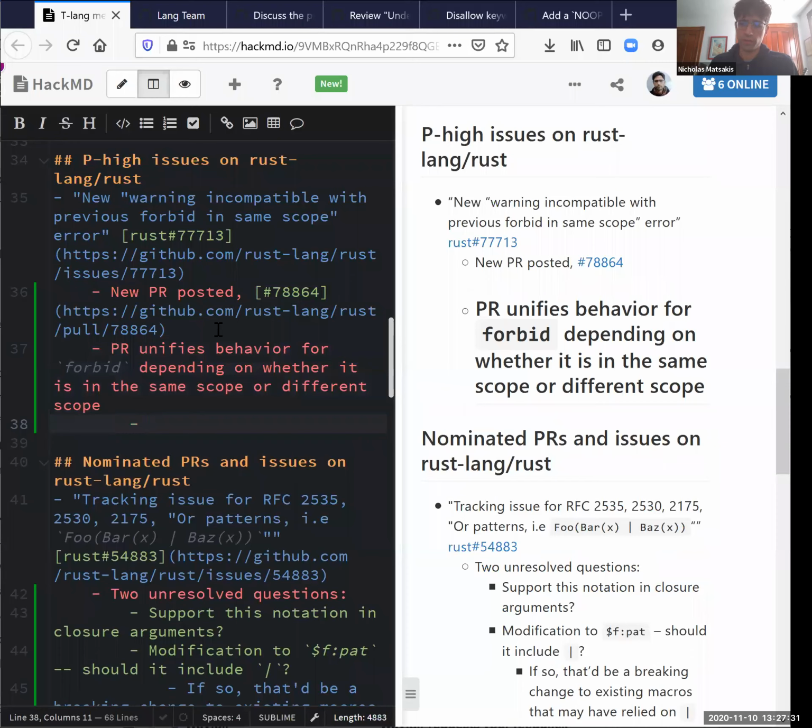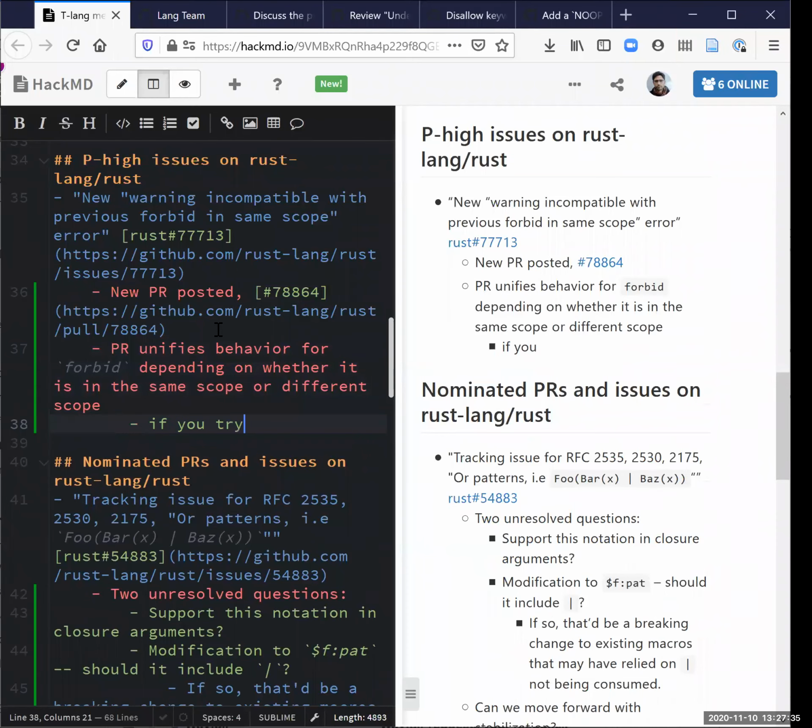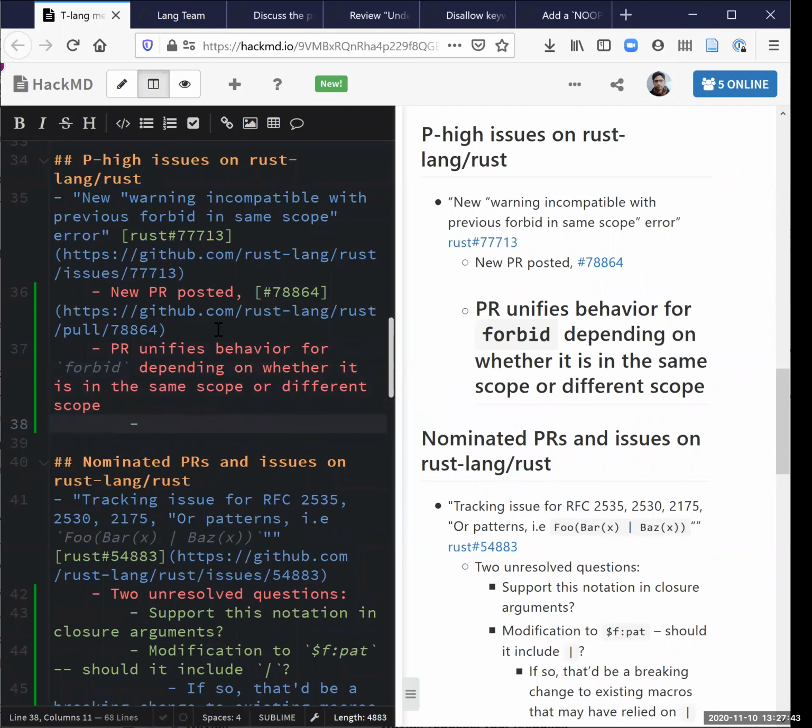If the forbid occurs, you get a lint. Is that what it is? Essentially, yeah. Is it a deny by default lint? Well, you don't actually get a lint, you get an error, but you only get an error if the forbid itself would have actually been a forbid. So if you have cap lints, forbid doesn't take effect because it's lowered by cap lints, if that makes sense. I see.